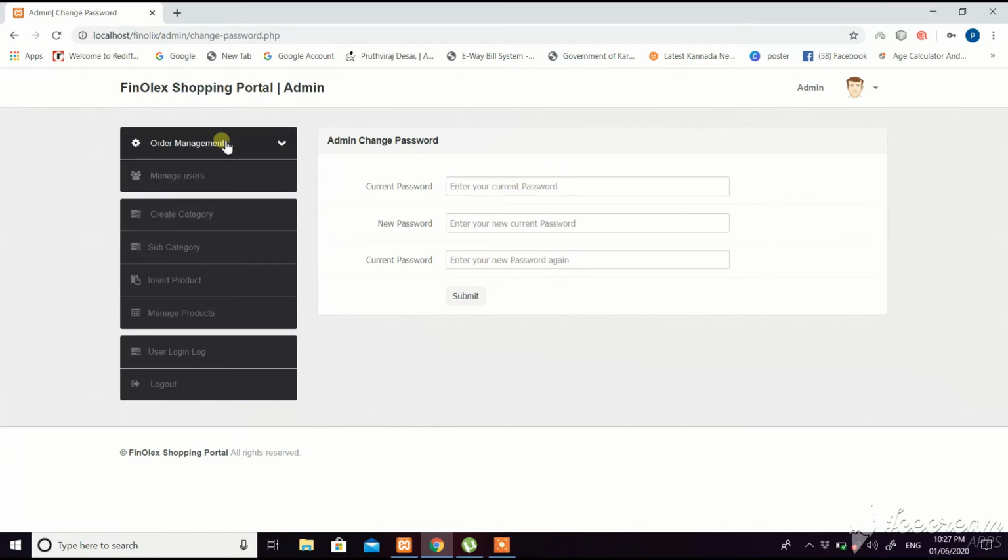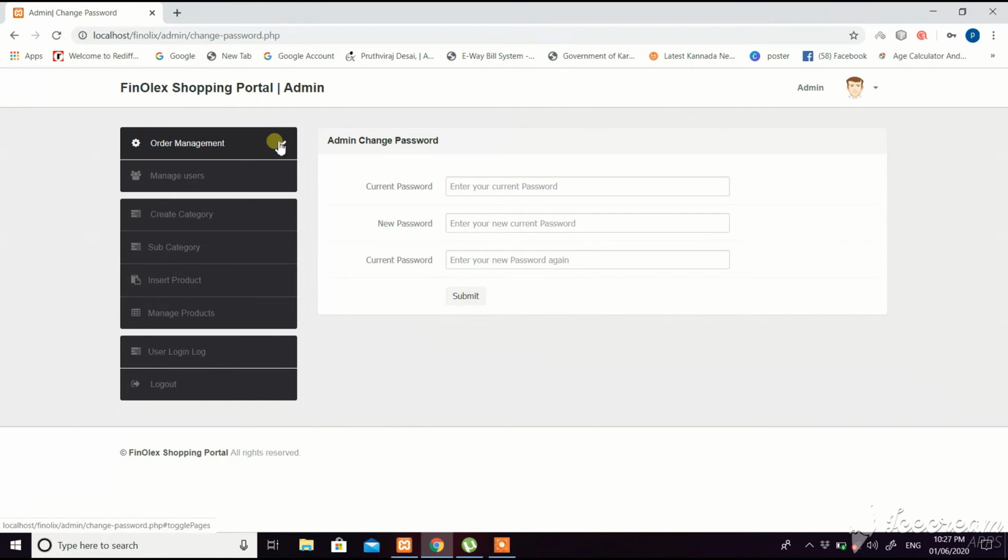Here on the left side we can see order management. The main work of the admin is to manage the orders and to put new products on the portal, which will be seen by the customers who are going to buy the products.